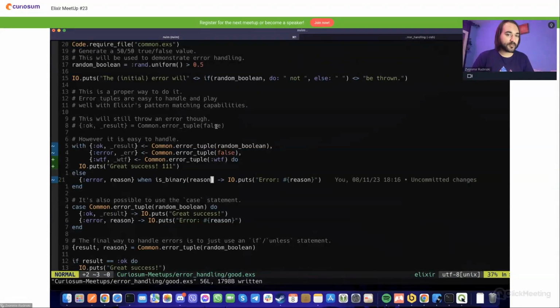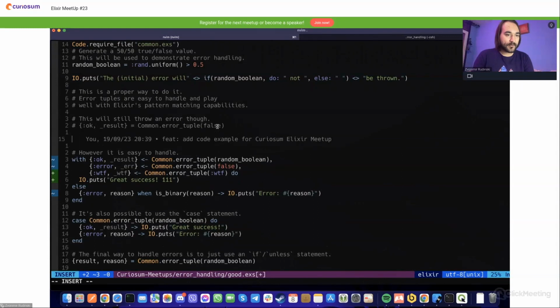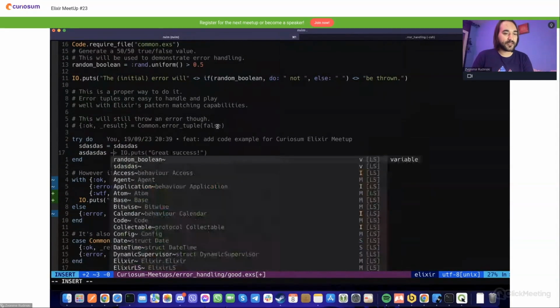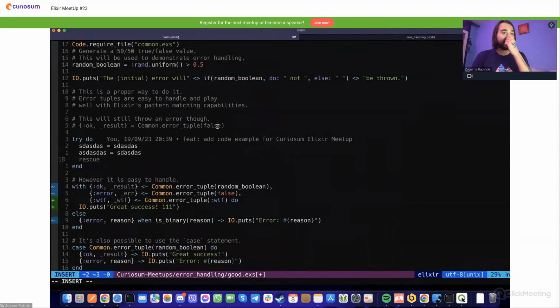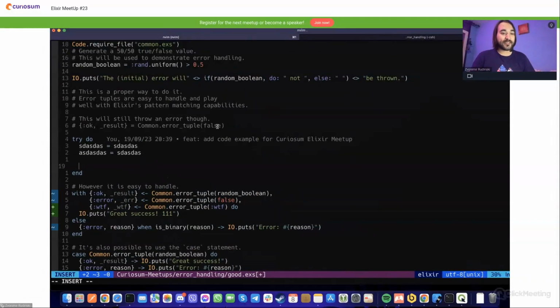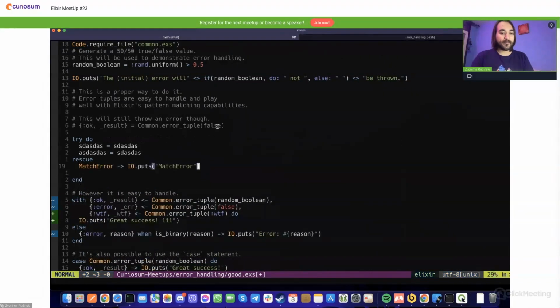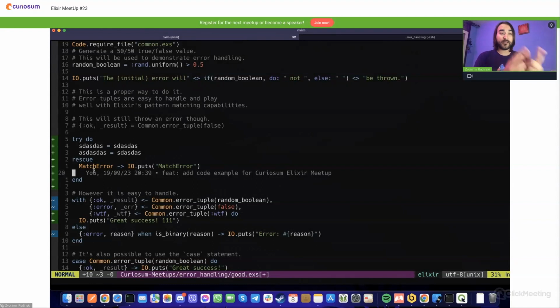Now, I could do something like this. But here's where the elephant in the room lies. Let's say both of these throw the same error. With a rescue statement, I can put in, let's say, a match error. But here's where it gets tricky. How will I know which one of these triggered the error? I could obviously debug it, but